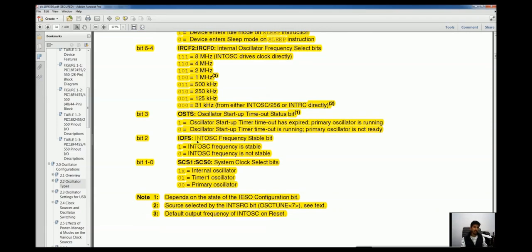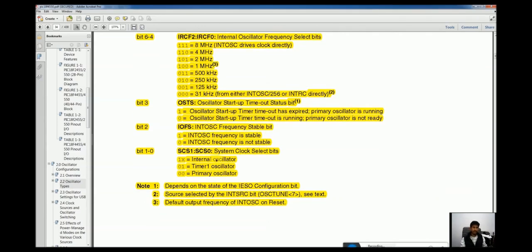Then we have IOFS, the internal oscillator frequency stable bit, and finally the 2 bits SCS1 and SCS0, the system clock select bits, which are used to select between the internal oscillator, timer oscillator or primary oscillator as the system clock. You should not confuse the system clock with the primary oscillator source or primary clock of the microcontroller.